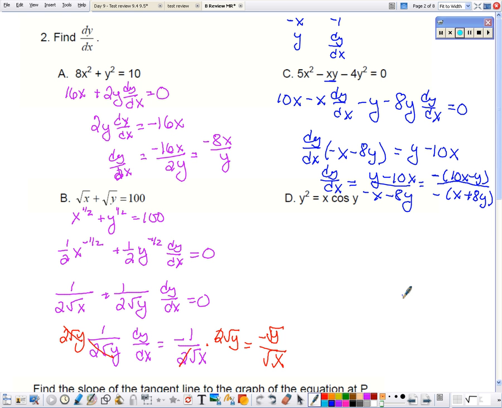And then lastly for d, again we need the product rule for x and cosine y. The derivative of x is 1. The derivative of cosine y is negative sine y times dy/dx. So finding the derivative of y squared, and then the product rule,